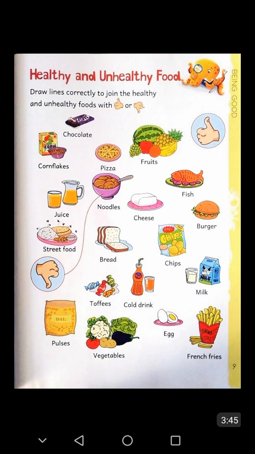Students, in this page you see different food items, like chocolate, cornflakes, pizza, fruits, juice, street food, noodles, cheese, fish, burger, bread, chips, milk, french fries, egg, cold drink, toffees, vegetables and pulses.